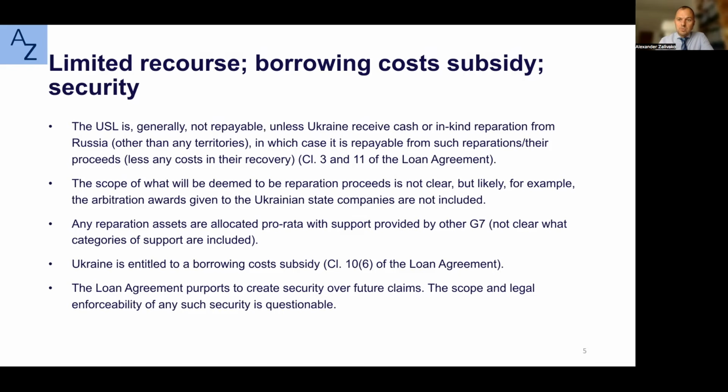And it seems a better interpretation of the provisions of the loan agreement that this type of awards, if received by Naftogaz, will not be used for the purpose of repaying the loan, because they would not represent the reparations from Russia for war, but rather the results of a contractual dispute between two companies, even if they are stand-alone companies. So all in all, there is no end date for these repayments.